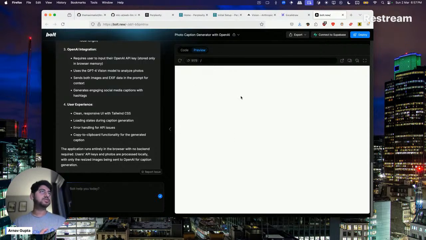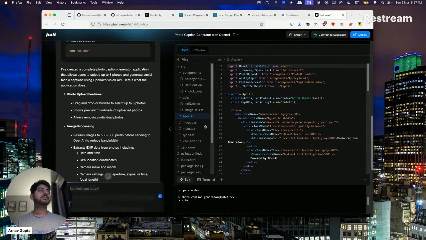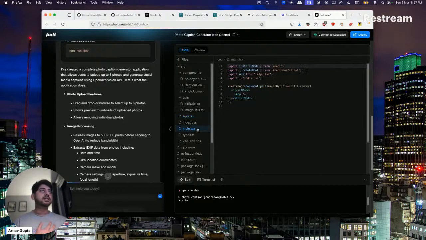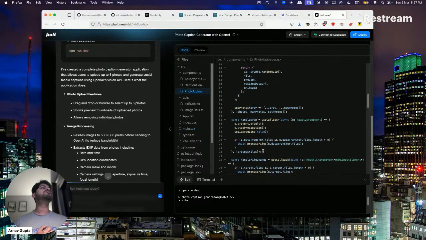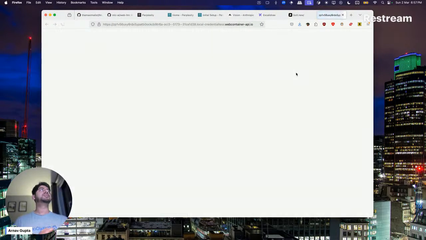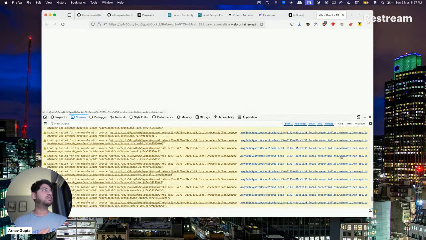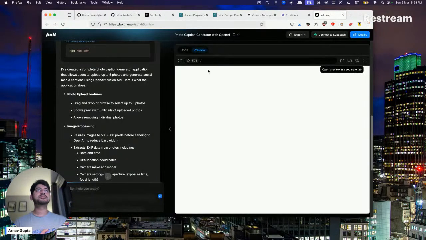I don't see a place to even upload the photos. I don't know what it has generated. What are the components? Photo upload. I don't think it has the upload button anywhere, so we can reprompt it, add the ability to upload.